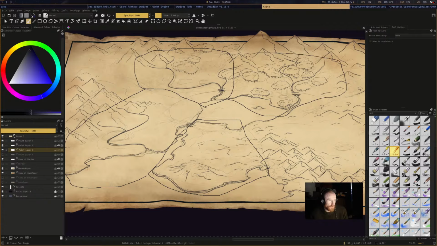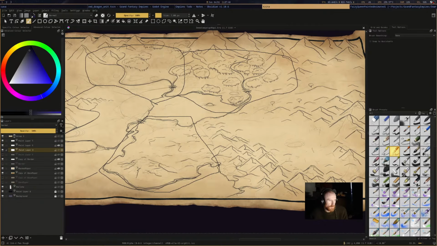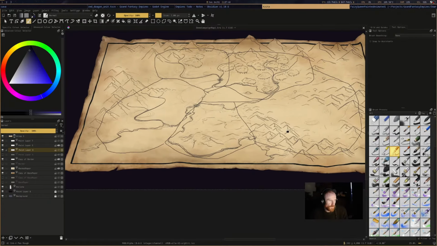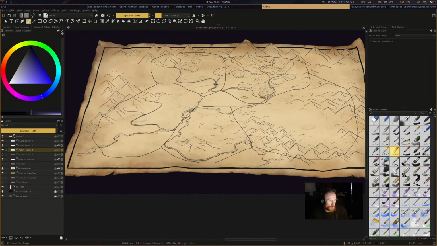And something like that. And then you have these regions, right? I'm thinking something like Europa Universalis. And what happens is,